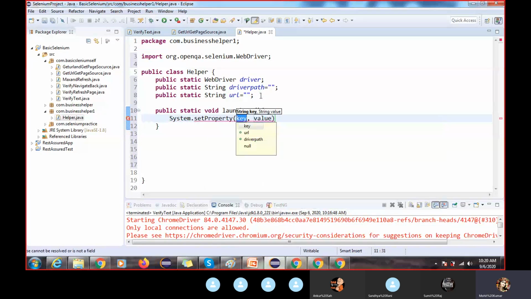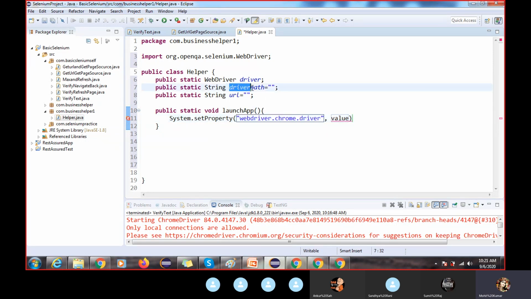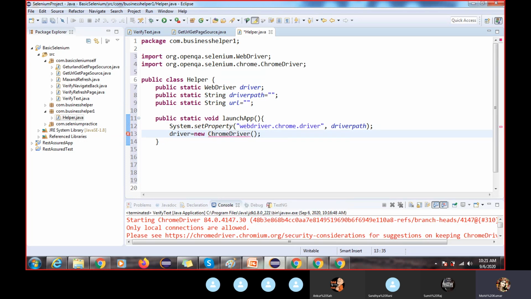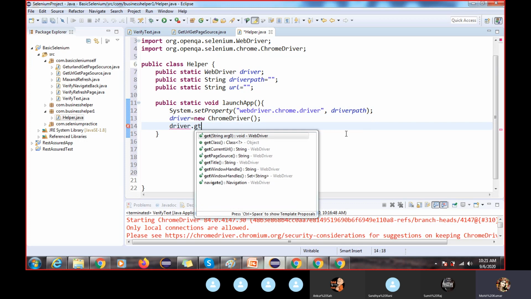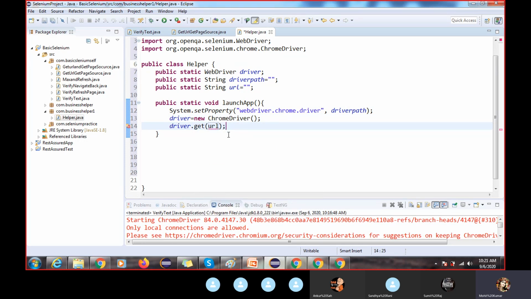We will write System.setProperty webdriver.chrome.driver, and here we will pass this path. So this is the first step we are going to do. Then the second step, new ChromeDriver. And the third step, driver.get, where we will pass this URL.